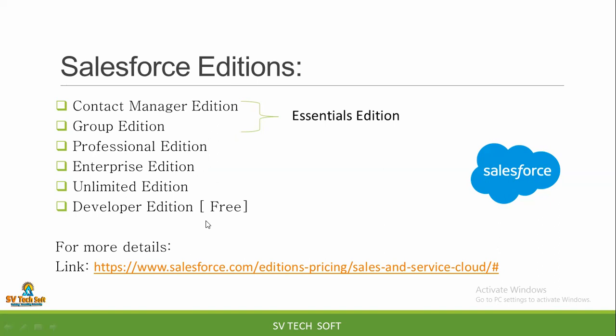But you have to make note of one thing. For all editions, what is the common feature? What is the common feature for all the editions? Can anyone tell? All are cloud-based? No, all have CRM, right? If you take Essential Edition, you get CRM. If you take Professional Edition, why? Because Salesforce has inbuilt CRM.